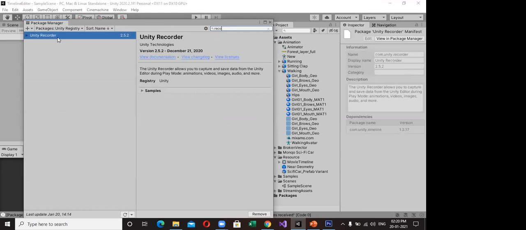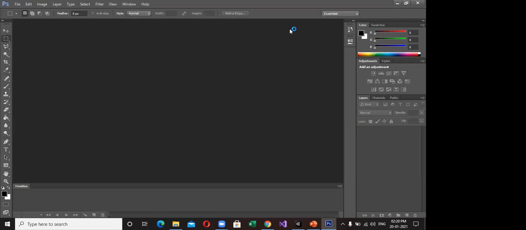So Unity Recorder. These are the plugins we use in Timeline animations and Timeline movie clips. When I work with movies, these are the plugins we need. If you work with 2D, the PSD importer is a must.